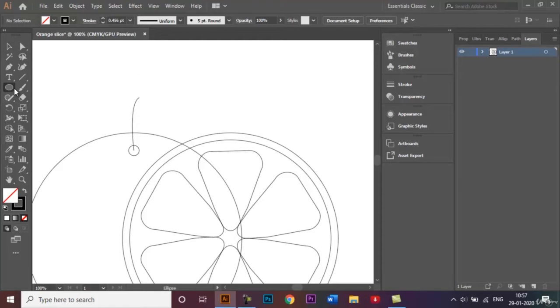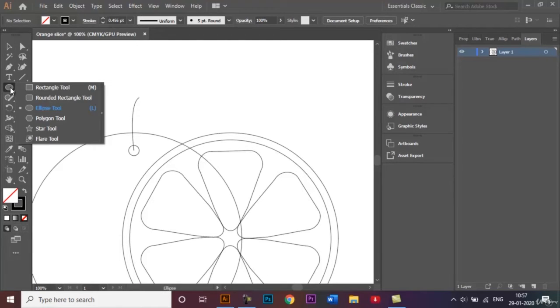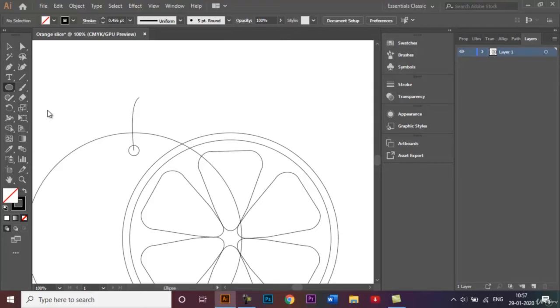To do that, we go back to our shapes, click on Ellipse, click and drag to make a circle, and go back and use the selection tool to make another circle, to make a copy. To do that, we'll again click on Alt and drag it like that. Okay, so we just want the middle portion, the overlap portion, and not the others. So we'll select this